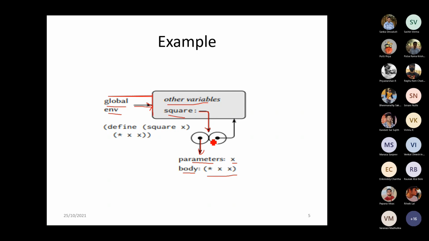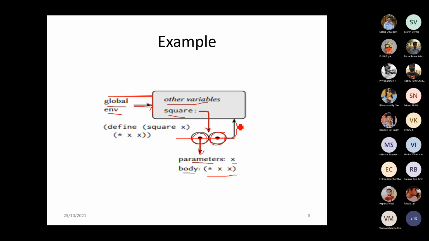In the environmental model, we make use of 2 pointers, represented with 2 circles. One pointer maintains the details regarding the arguments, that is the parameter part, as well as the body of that procedure. The second pointer maintains the details regarding whether there is any dependency with any other frames. If there is, it will be pointed to that particular box. If there is no other dependency, it will be pointed to the same global environment itself. Okay.